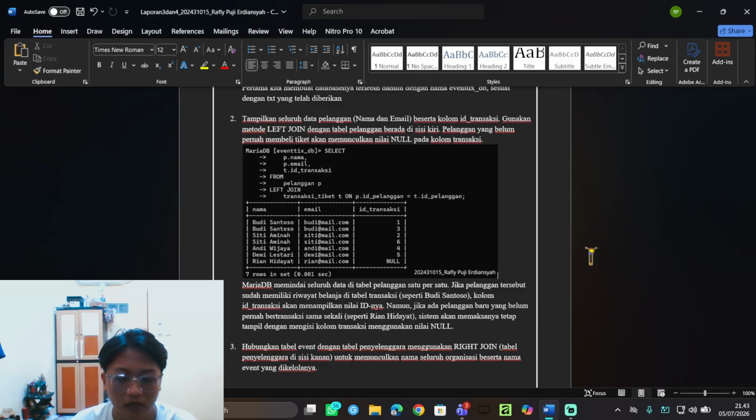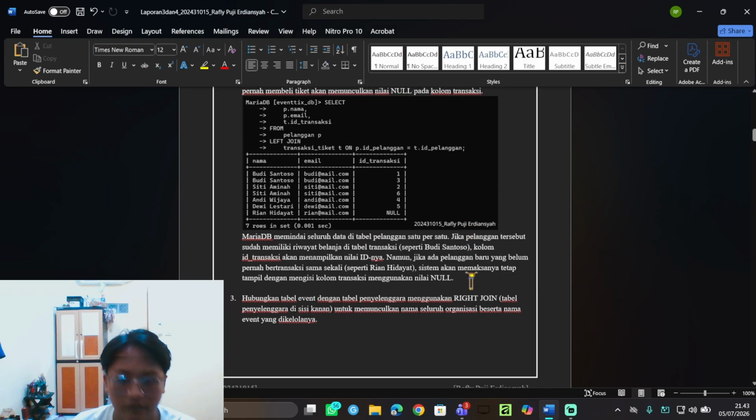If a customer already has a purchase history in the transaction table, the ID transaction column will display the corresponding ID. However, if there is a new customer who has never made a transaction, the system will still display the customer by setting the transaction column to null. Like in the Ryan Hidayat will be null.